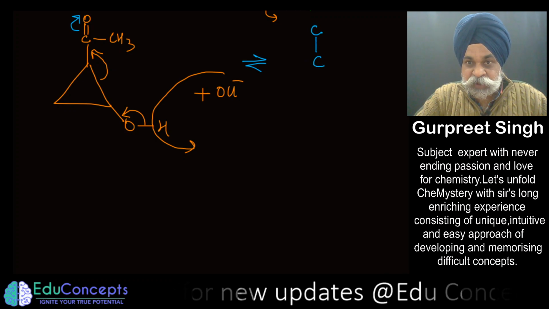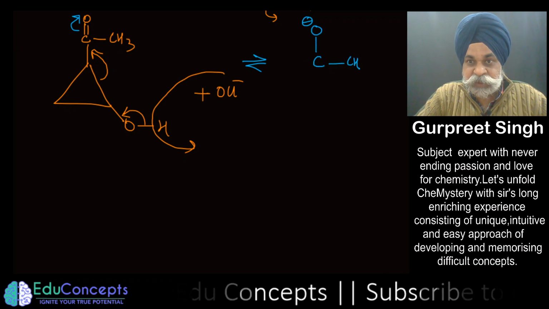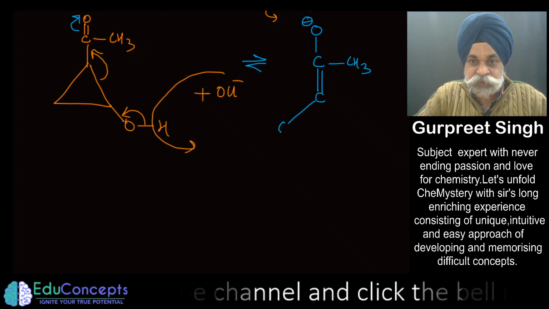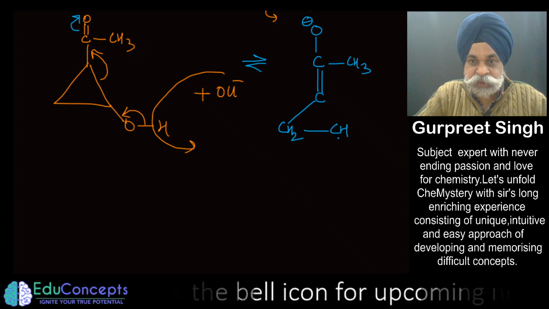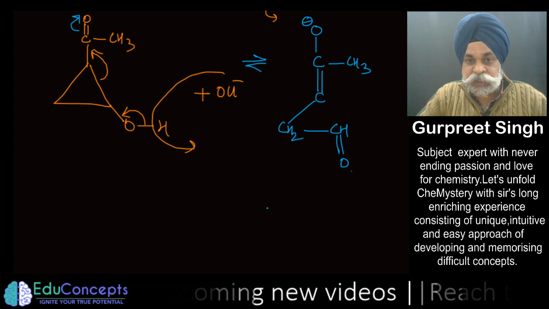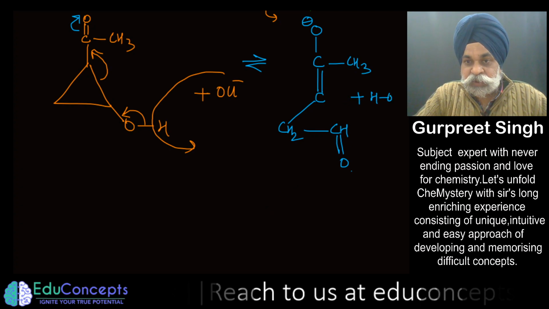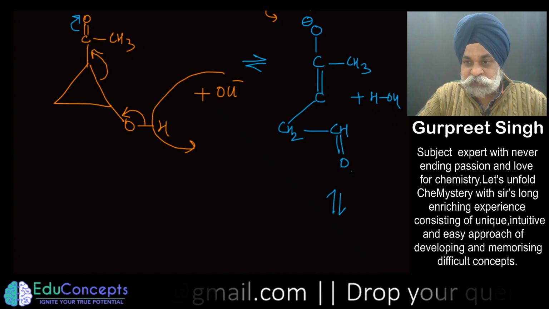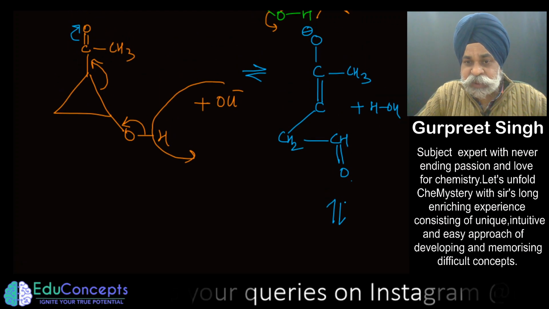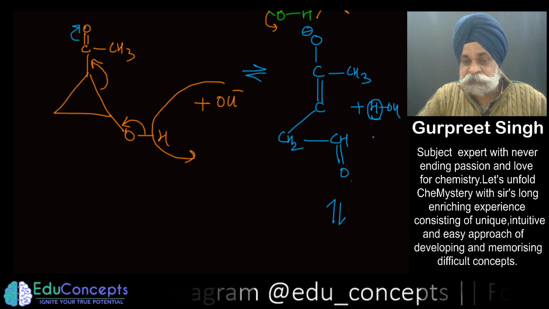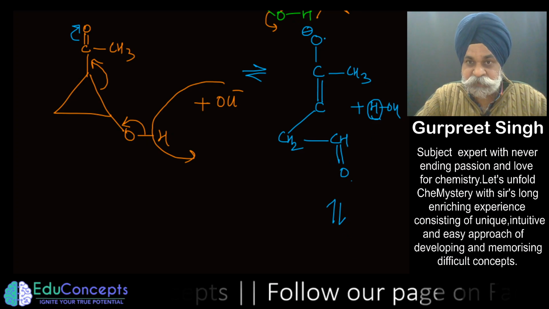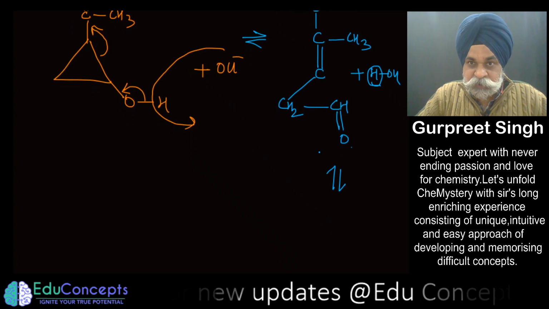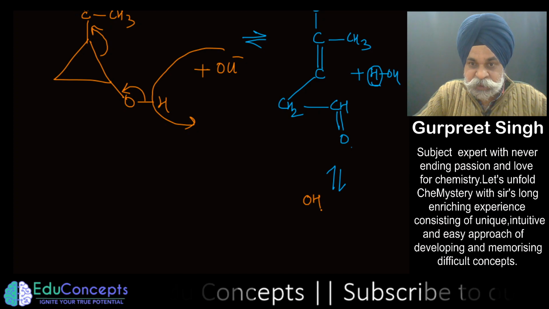Now this would become negative. Here comes the CH3. Here you develop a carbon carbon double bond, and this is your CH2, and this is CH double bond O. This is what you get out of it, along with a molecule of water. OH negative has abstracted that H positive. Now what you can also think forward is that this H positive, which is taken up by the OH negative, will provide the H positive to this species, the O negative. So once that is formed, what I may write here is OH negative.